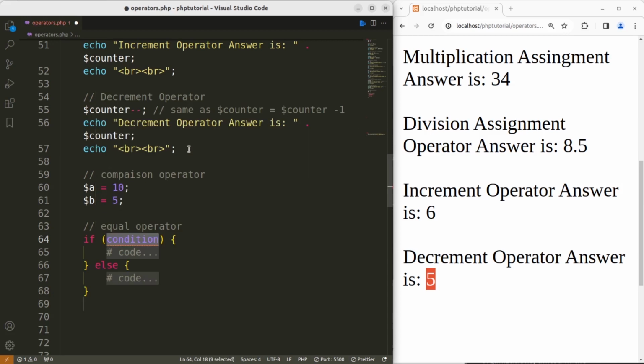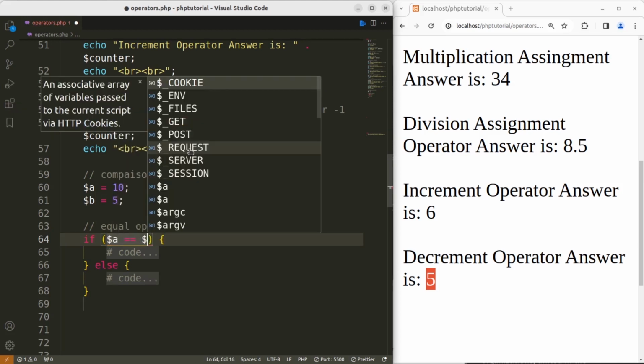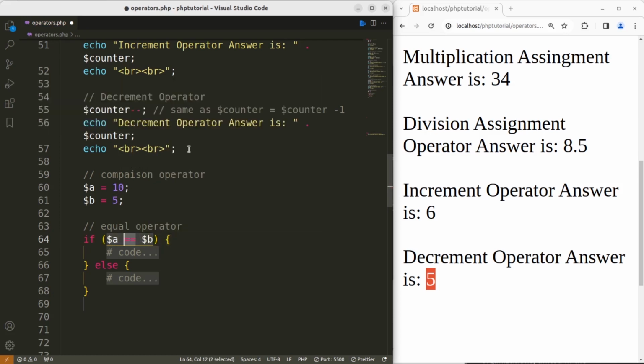So if the condition is true, say if $A is equal to $B. So that's how you can use the equal to operator, meaning double equal sign. So this block of code will be executed, otherwise the else block of code will be executed. So I'm going to echo here $A is equal to